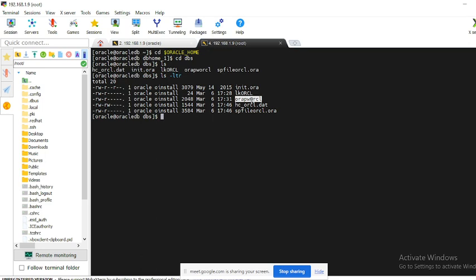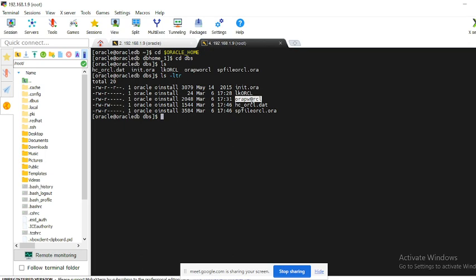As you know, the sys user is the super user in the Oracle database. If you have lost the sys password, then you will not be able to connect to the database using the sys user because you forgot the password.